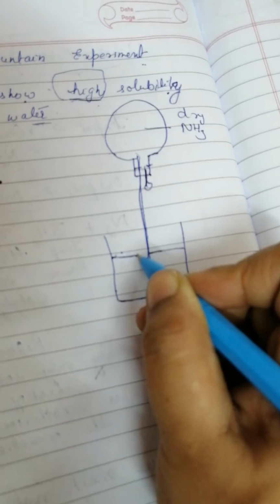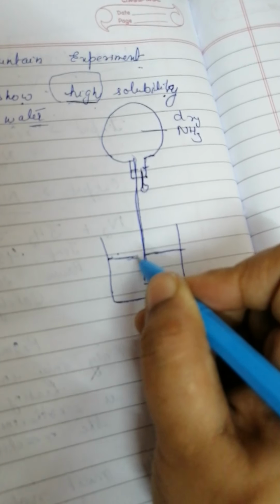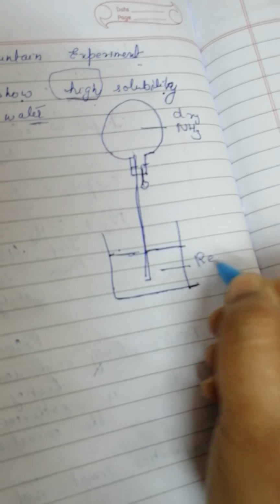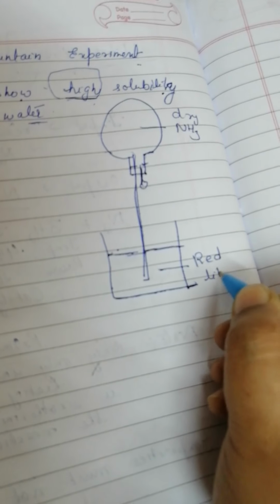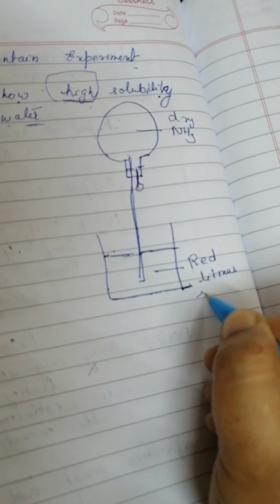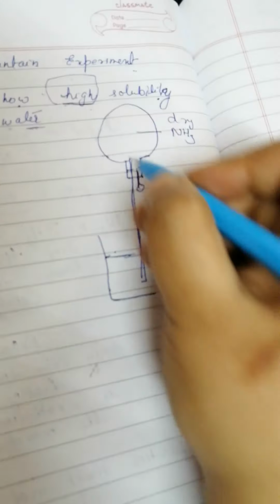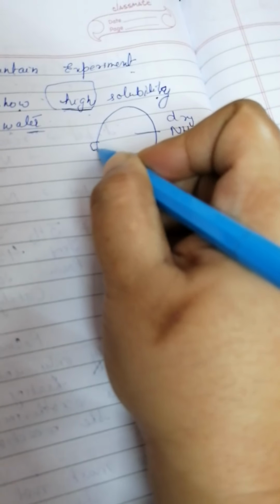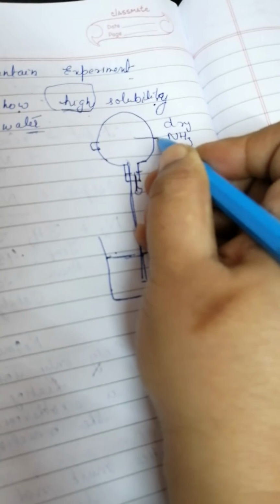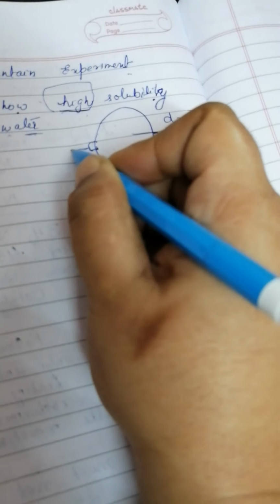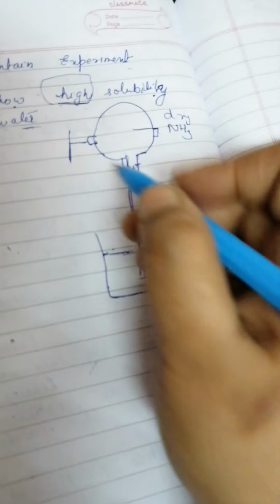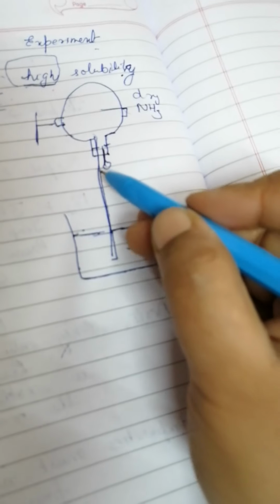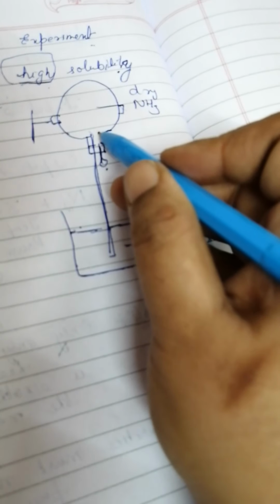And here in this case, if you remember, in case of HCl we have taken a blue litmus solution. Here we are going to take a red litmus solution. And now this cannot just lie here, it can be suspended in air like this. There will be a stand and the arrangement and all those things, so we are not showing it here just now. Now what is going to happen?